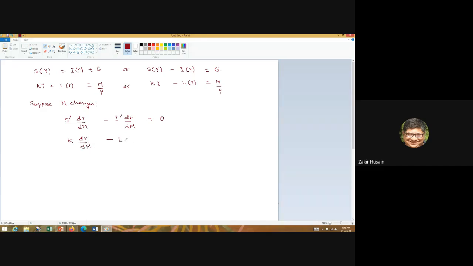and L prime dr/dm. Suppose we are considering this, so we can write this as 1. If you write this as m, let's simplify this. So if you write this in matrix form, this will be, let us say, S prime, small k, this is I prime, sorry, this will become plus,